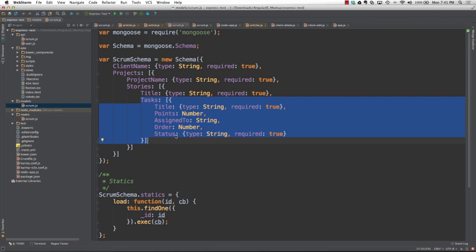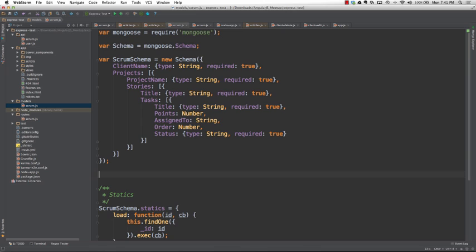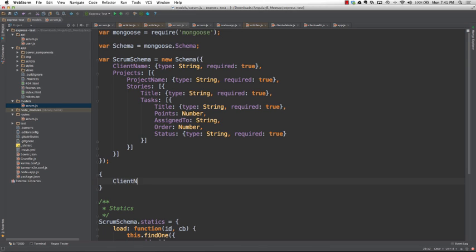So what that should actually do is we can take this and build one here in a little bit. It's just going to be an object with a nested class. So if I was to go down here, that's going to define this as this guy here. So we have client name,